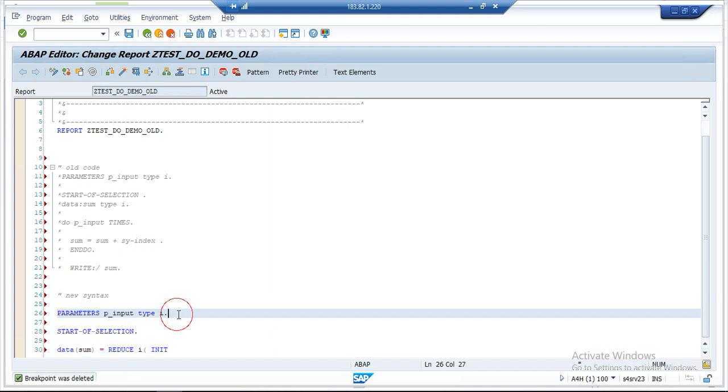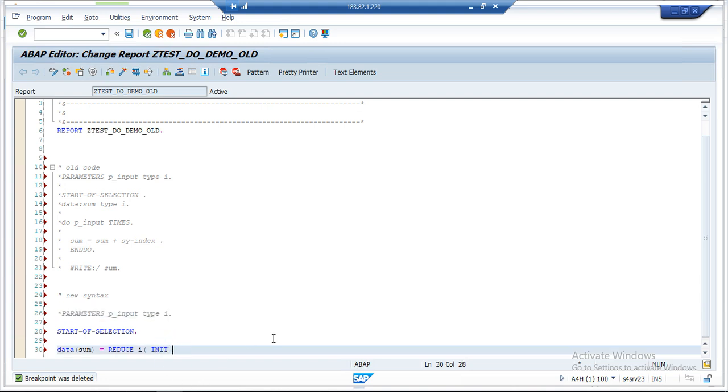For example, I am not declaring any p value. Here what I will do is, I will declare some value is equals to sum is equals to some value is equals to 0. Initial value, guys. In the initial value, I am giving initial value is equals to 0. Next one, 4, I is equals to